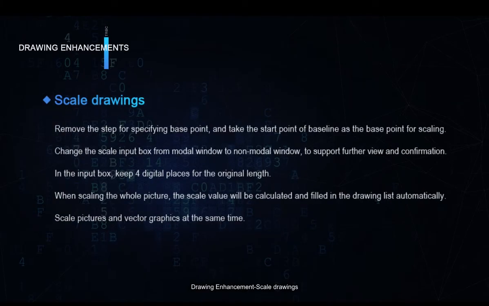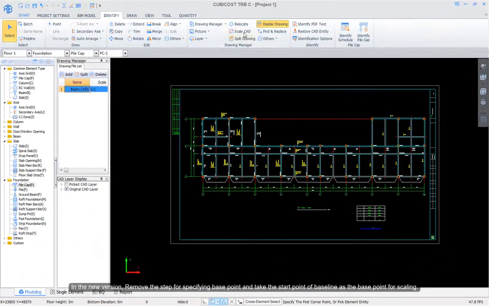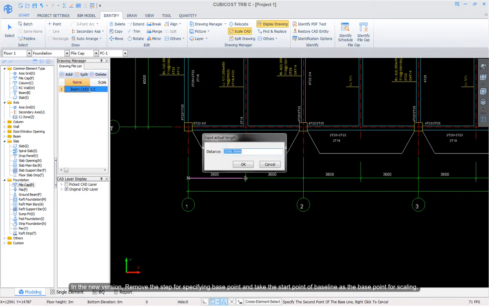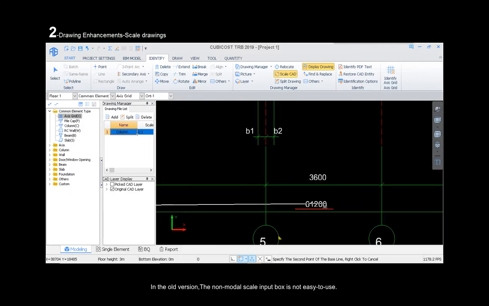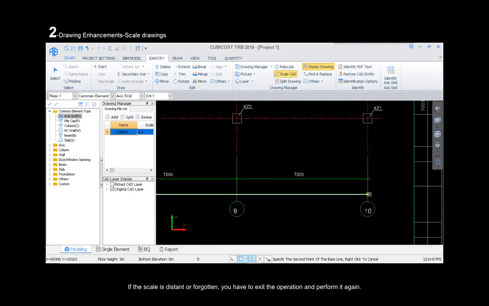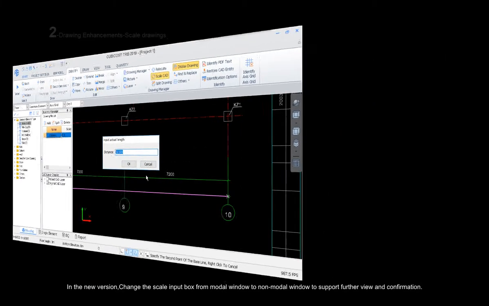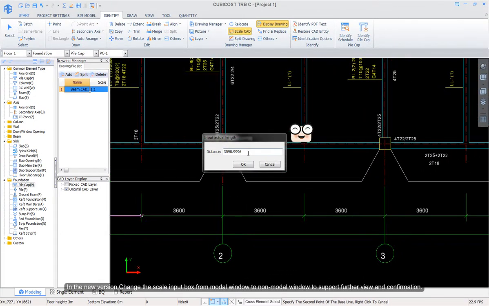Drawing enhancements, scale drawings. In the old version, the scaling steps are lengthy, and you need to specify the base point. In the new version, remove the step for specifying base point, and take the start point of baseline as the base point for scaling. In the old version, the non-modal scale input box is not easy to use. If the scale is distant or forgotten, you have to exit the operation and perform it again. In the new version, change the scale input box from modal window to non-modal window to support further view and